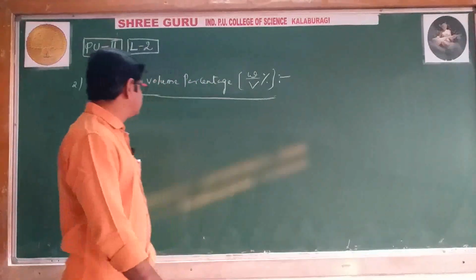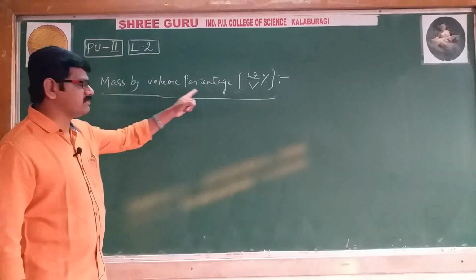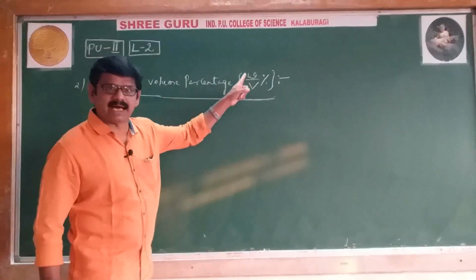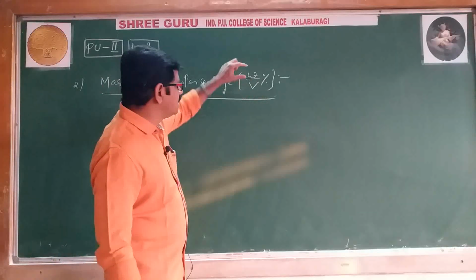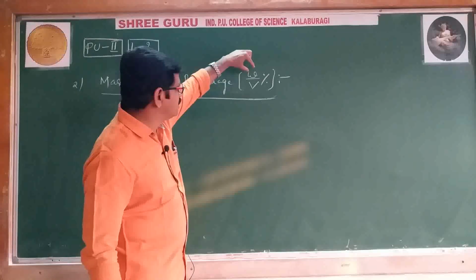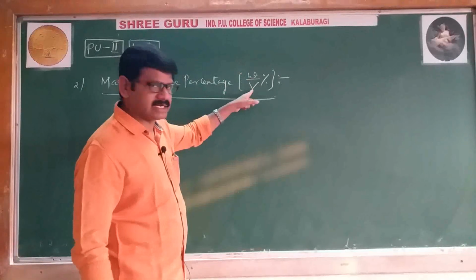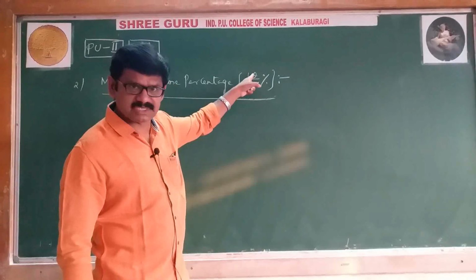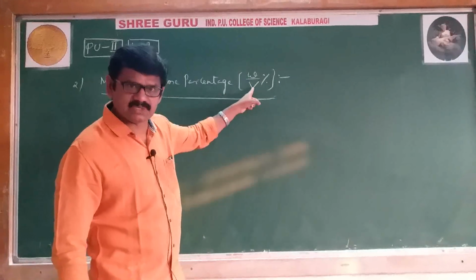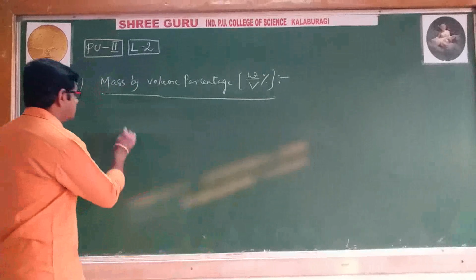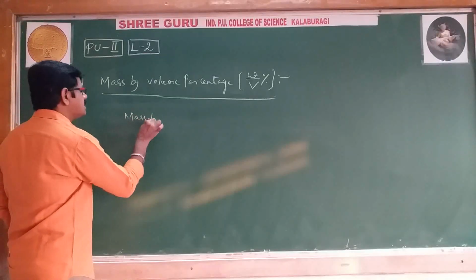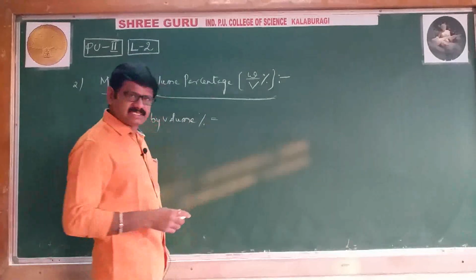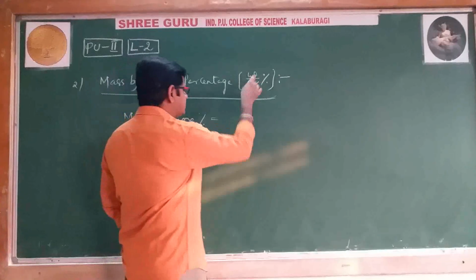We'll start with mass by volume percentage, nothing but W by V percentage. Generally in the numerator it is the mass of solute, and in the denominator we use the volume of solution. In the numerator we use solute, in the denominator we use solution, right? Therefore, the mass by volume percentage formula is